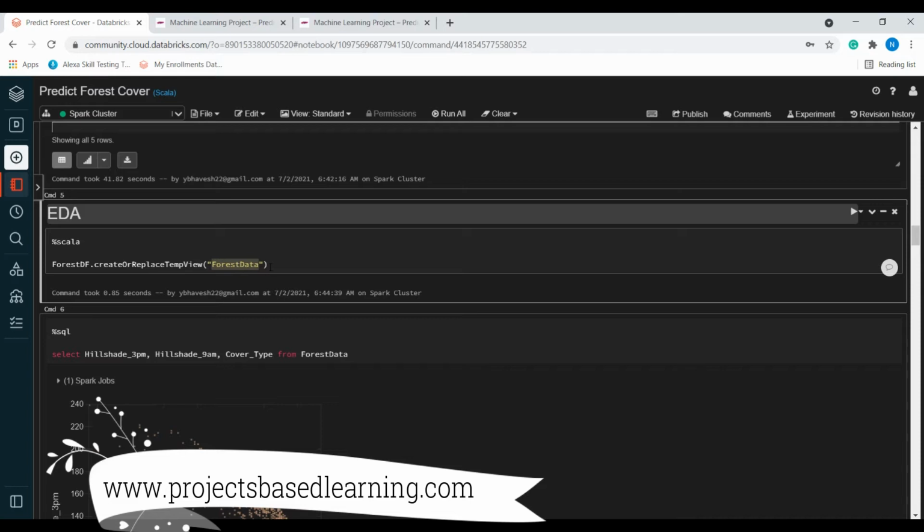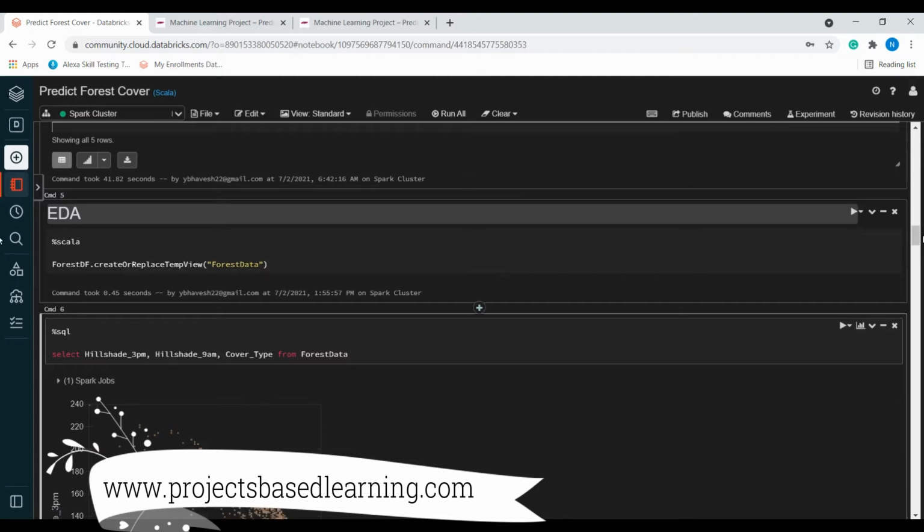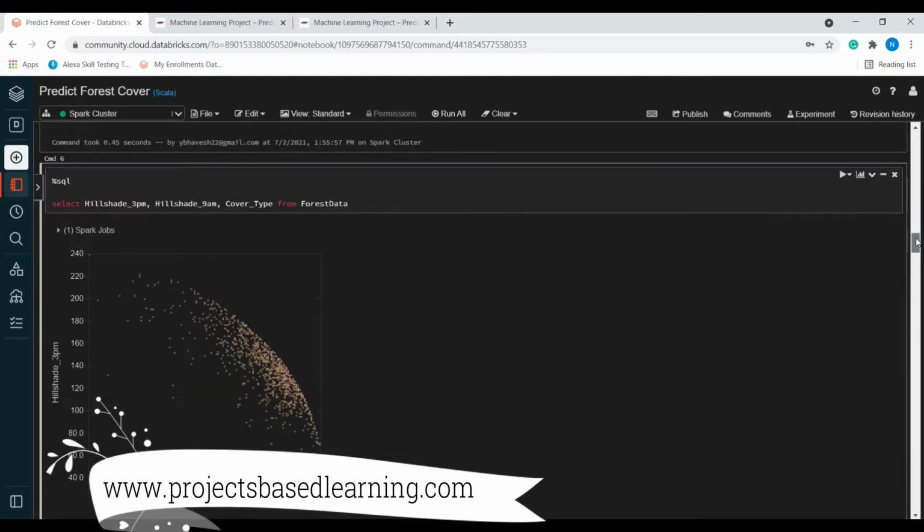This will be the view name. Once we log out from the Databricks environment, this data will be lost, so every time we need to create it again. Now we can perform SQL commands, so here we are writing Spark SQL.